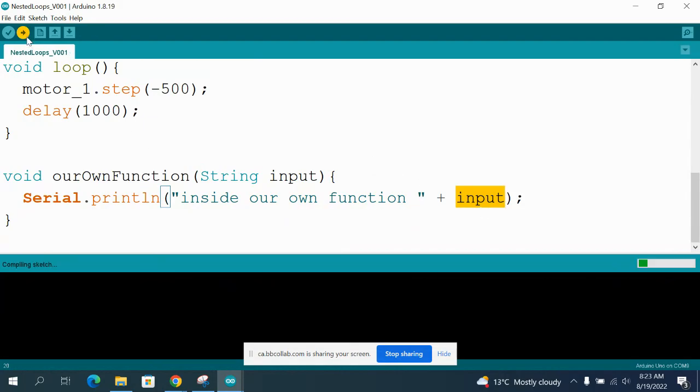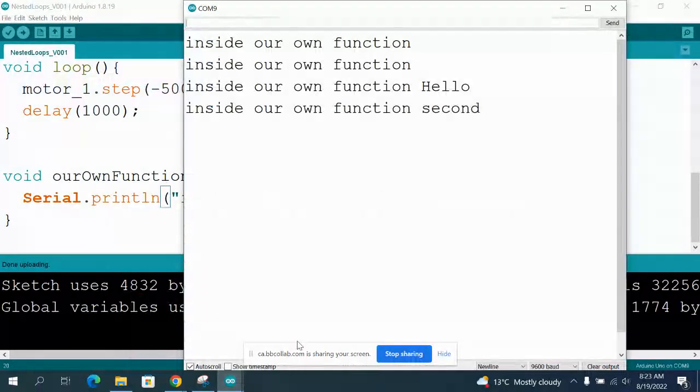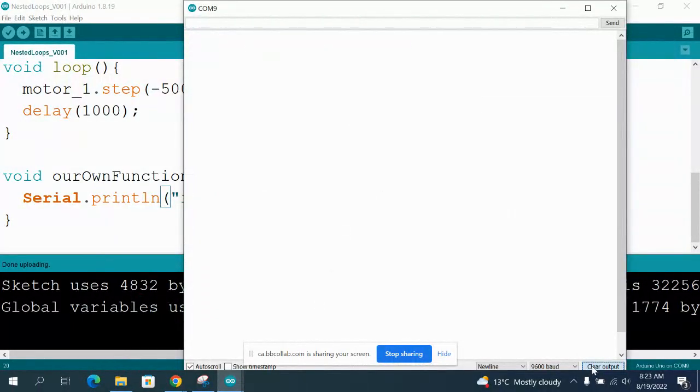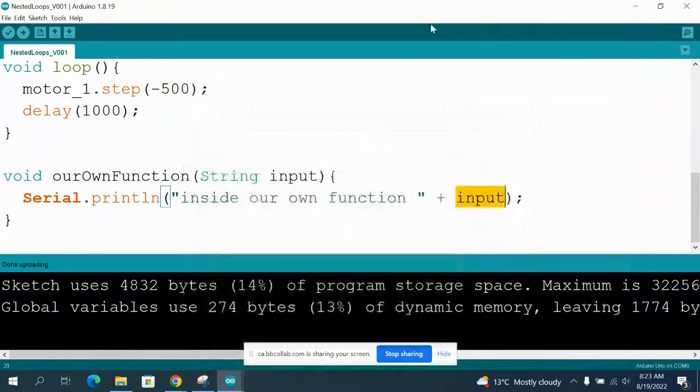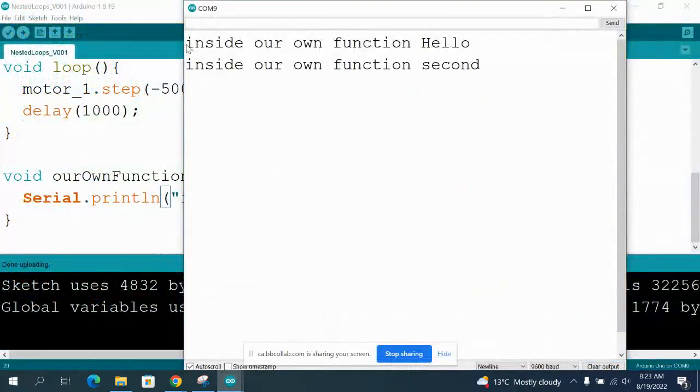Okay, so let's look at what the outcome is of this thing. Okay, I don't think I've cleared it. No, I haven't, but you can see already what it's doing. But let me clear it, and then we can run it just quickly again. Okay, and let's see what the output says.